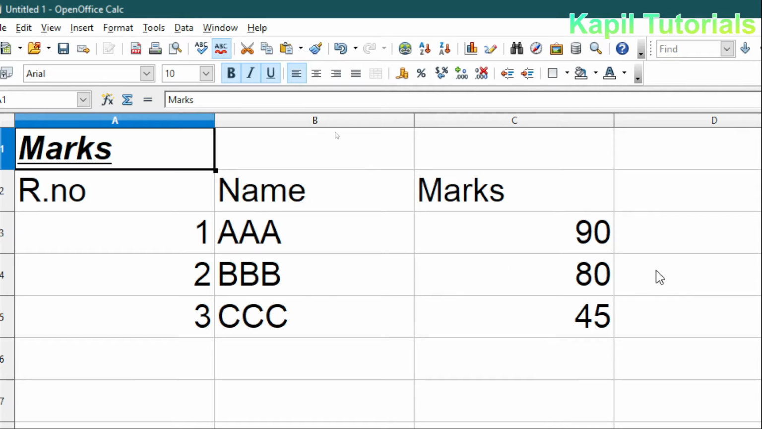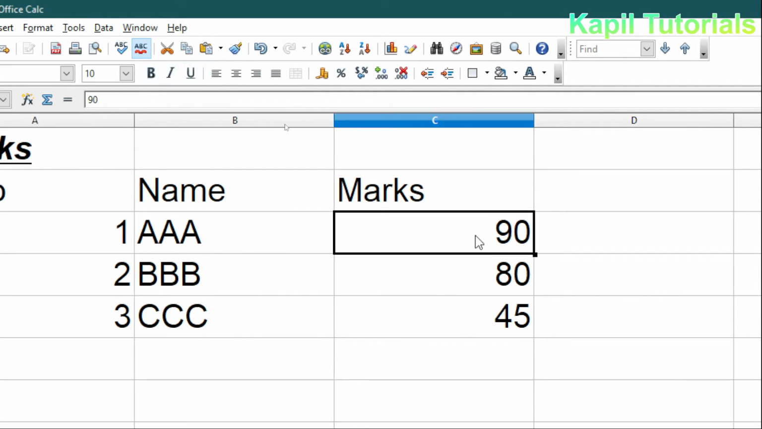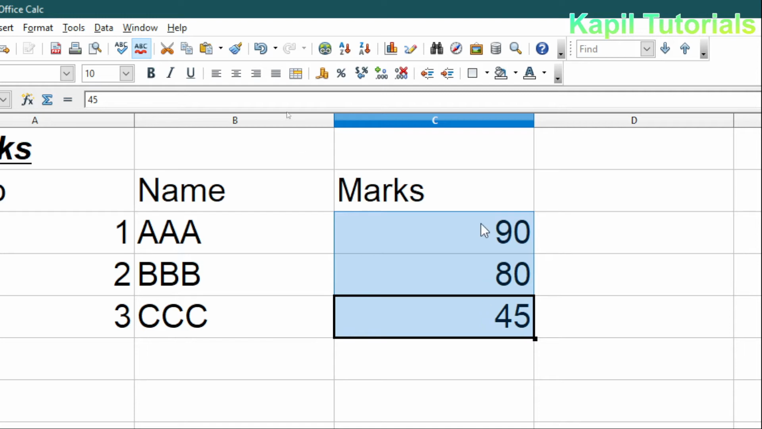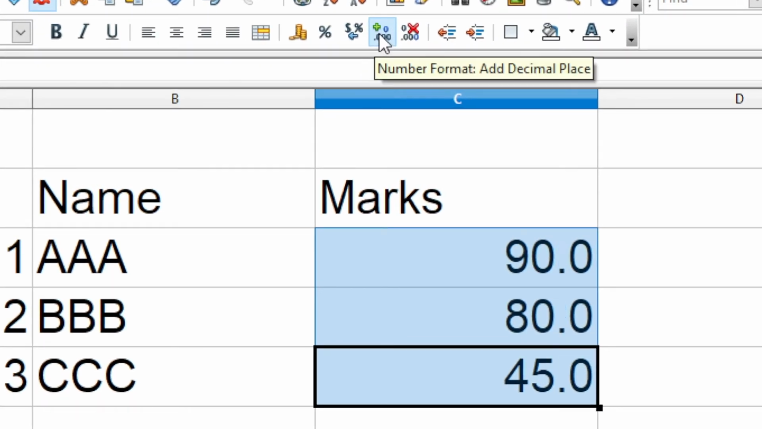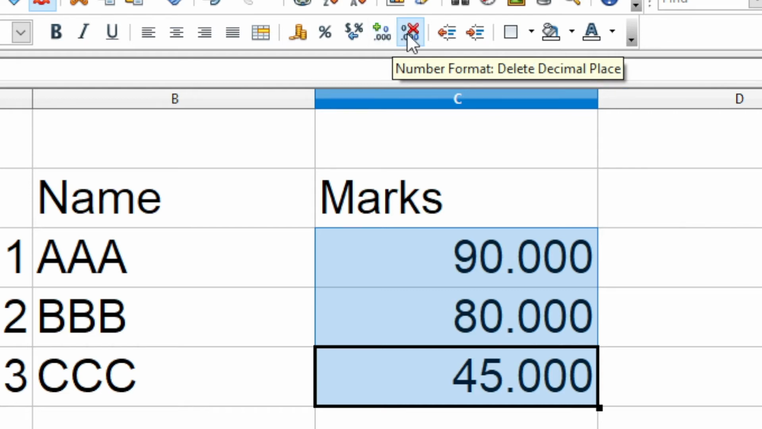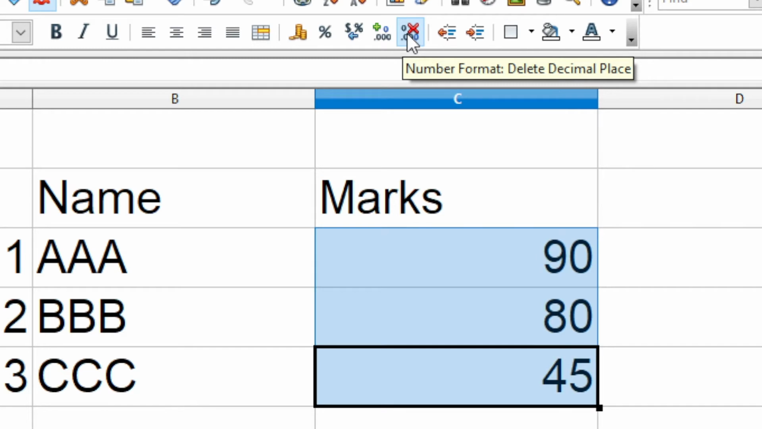Now here I have some numeric data. In numeric data, if I want to increase the decimal points, on the top you can see number format, add decimal place. If I click upon this, you can see I am adding decimal points, and if I want to decrease the decimal points, from here I can easily do it. The same way